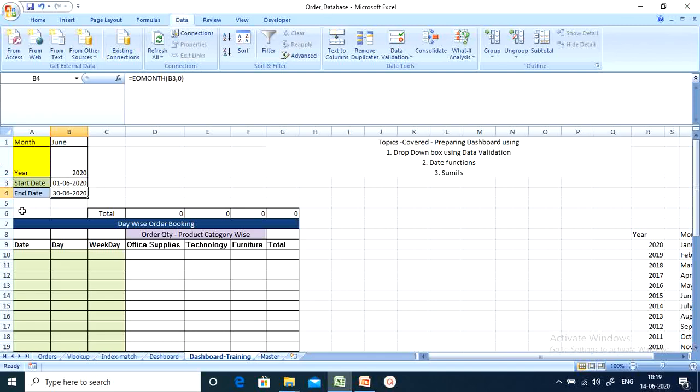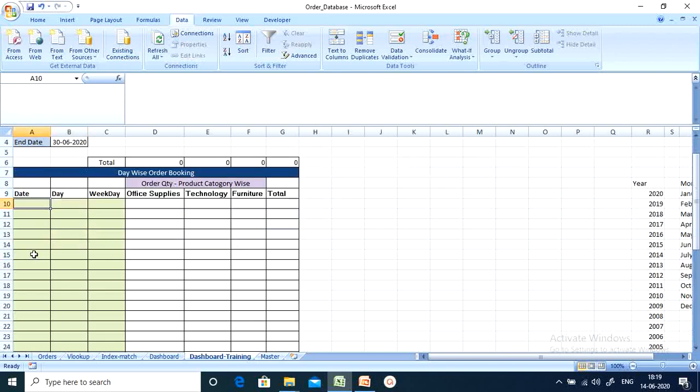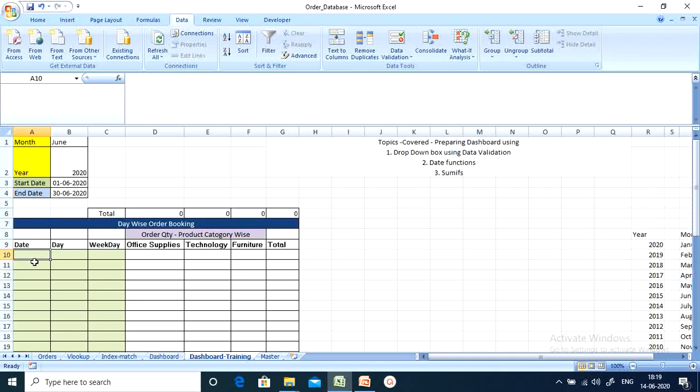In this session we are going to learn how to display the dates of the selected month at the bottom here, and also display the days and weekday of the respective month we are selecting.